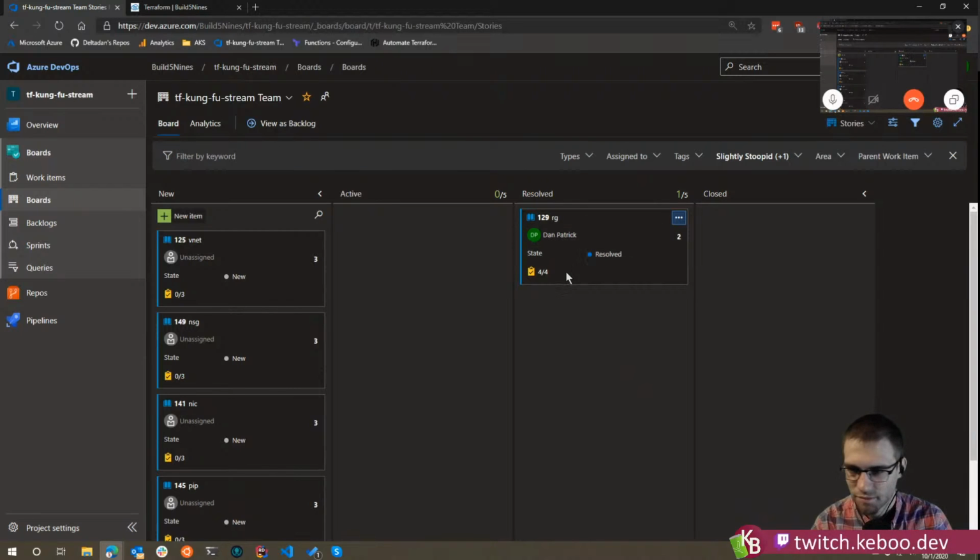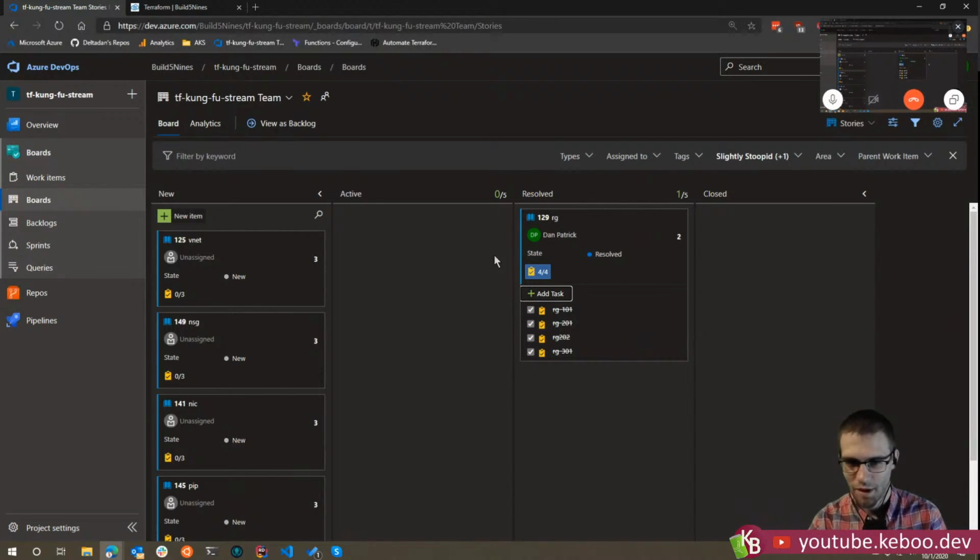So they're closed in the sense that we did them, but they're only resolved because we won't move the story to closed till we actually do a PR. At least that was what I was thinking. Okay. Whatever. Hey, as far as I'm concerned, you are Scrum Master and Product Owner, so yeah, okay. Sounds great to me. Exactly.